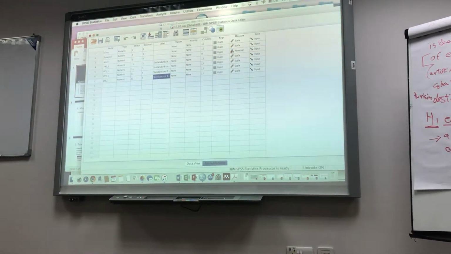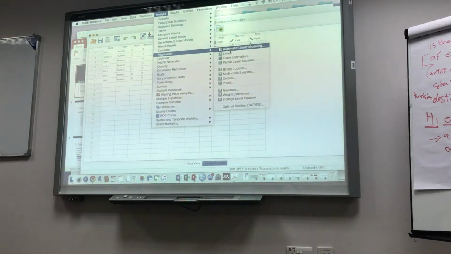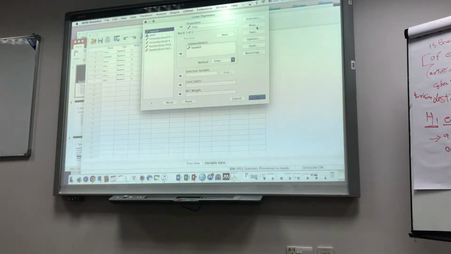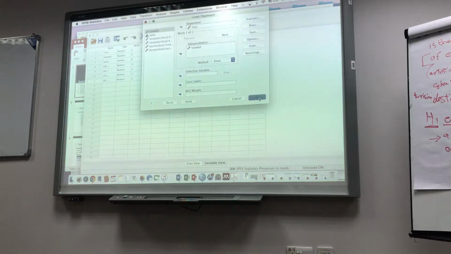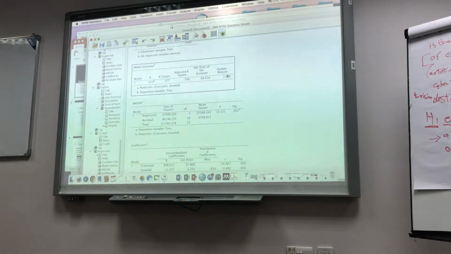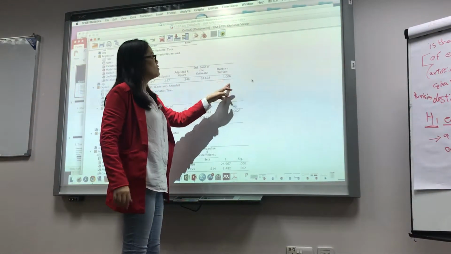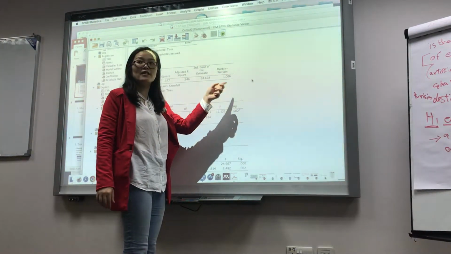We go to Analyze, Regression, Linear, and then in Statistics we check Durbin-Watson's test, and then click OK. It will give us the value of D. For the Durbin-Watson's test, it gives us the D value.